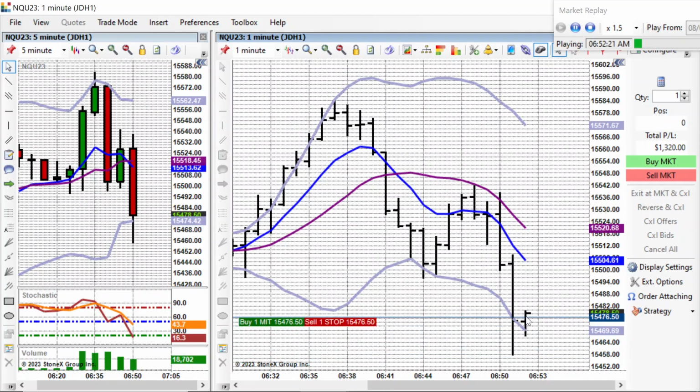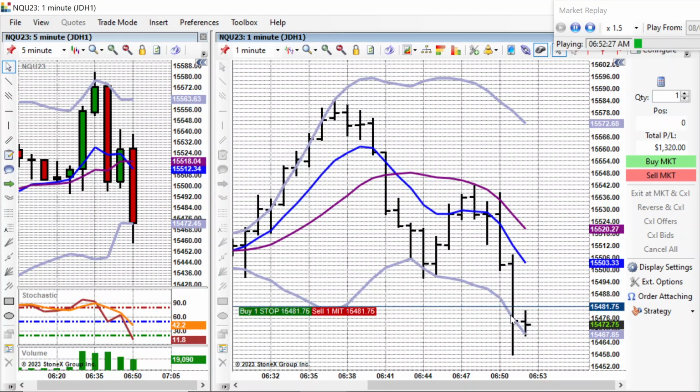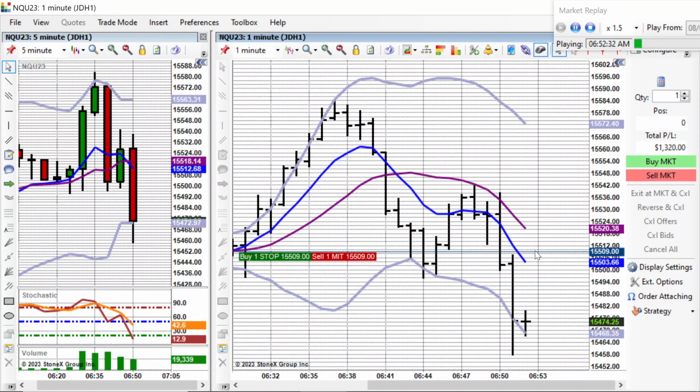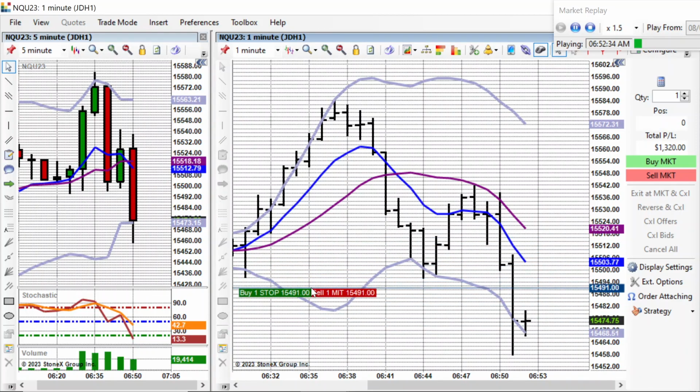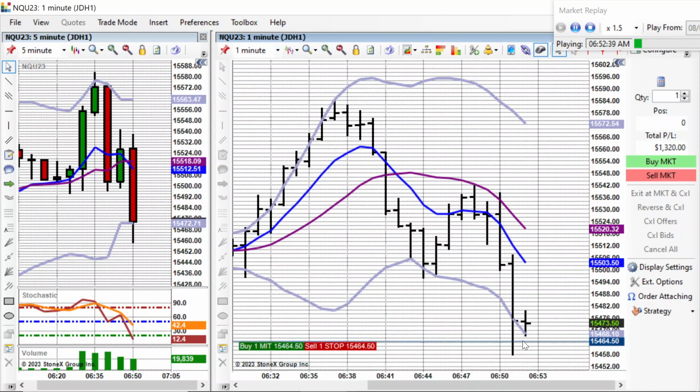Now it's springing back, and the Bollinger Bands are really good for indicating those boundaries. When it moves outside it, you can expect it's probably going to make a bounce. It's more accurate if the market's flat and sideways. In a trend, it can just continue outside the Bollinger Band, but